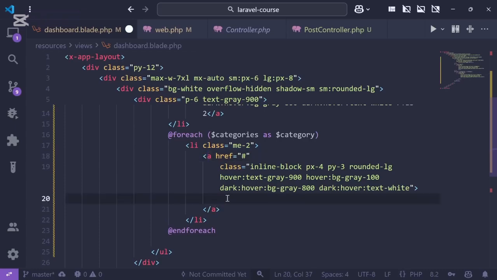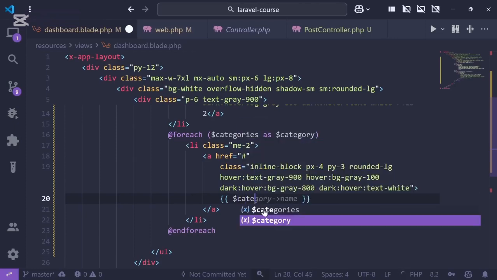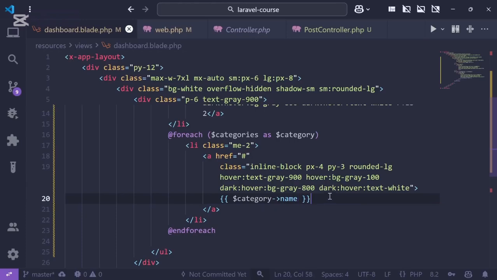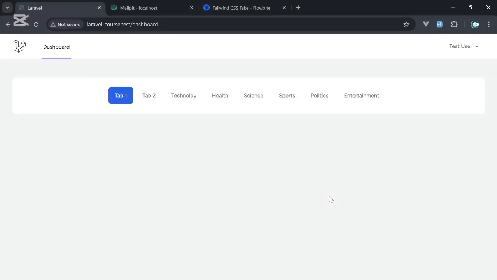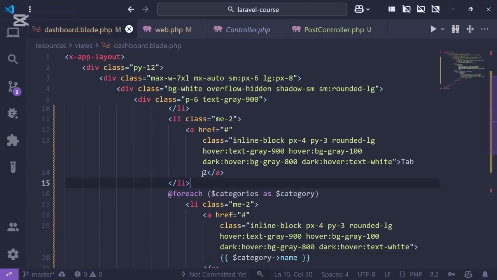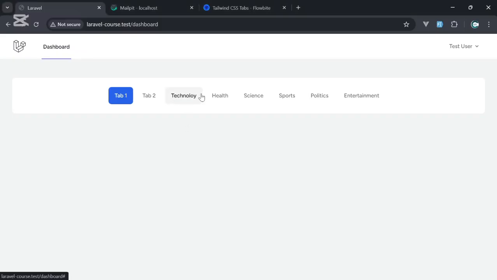How to output certain information in Blade? We have to use double curly braces. So we have opening curly braces twice and closing curly braces twice, and we use category as an object and then its property name, as an example, to output the information. So I save that, refresh the page, and we see tab 1 and 2, which is actually hard coded right here. But then we have